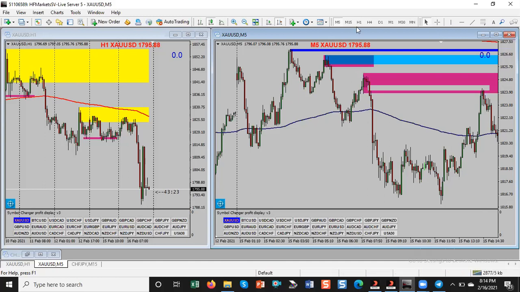Then see what happened. Now, for you to know the exact point to take your entry, make sure that when price trades away from this particular zone, you will be seeing it here too, which is this bearish candle. As soon as price trades away from the zone, which is this bearish candle, there should be an order block